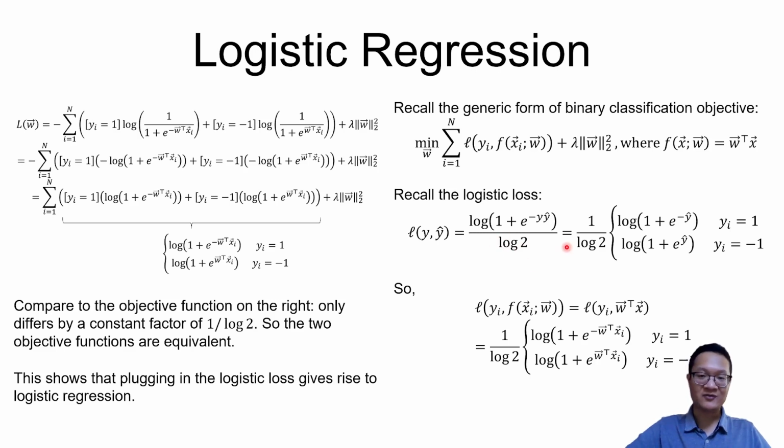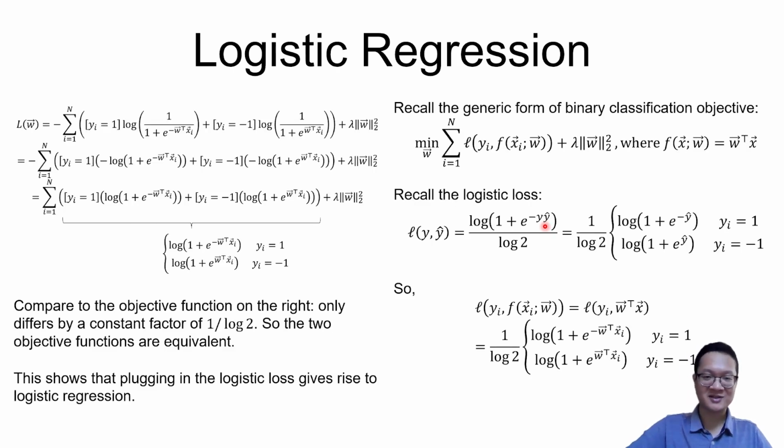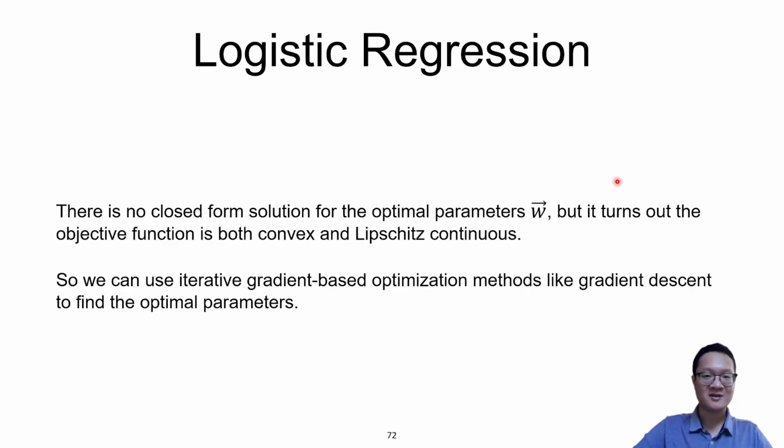Okay, so now we have another function, which is a function of y hat. So I guess all of this simplification is really to put the loss function into this form, a function of y hat. So we can actually compare with the 0,1 loss, the hinge loss, and the square loss. Okay, I guess we'll take a look at that soon, but this loss function actually has no closed form solution for it, so we will need to use